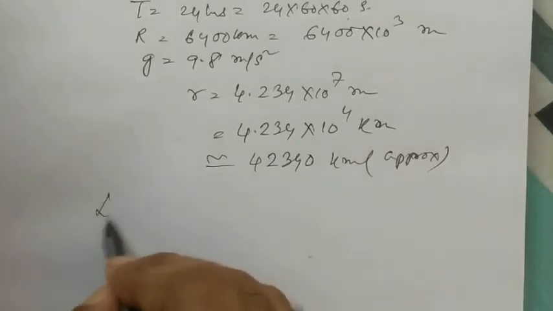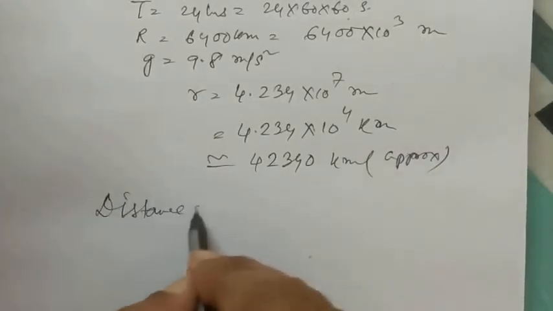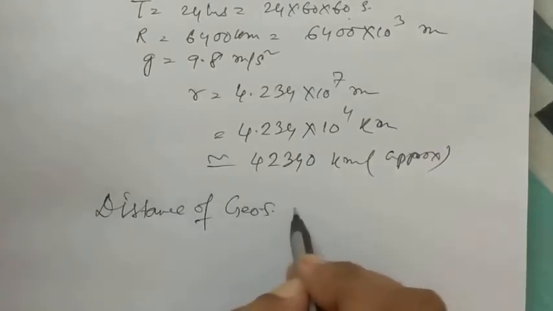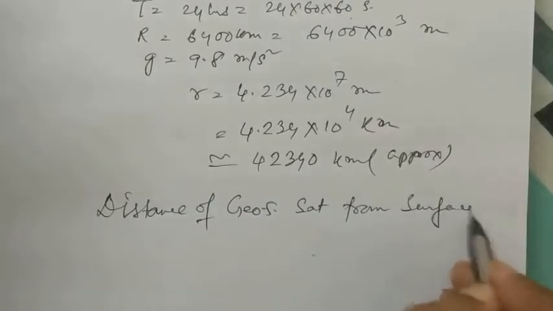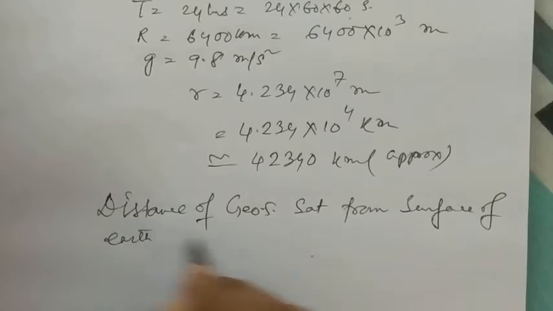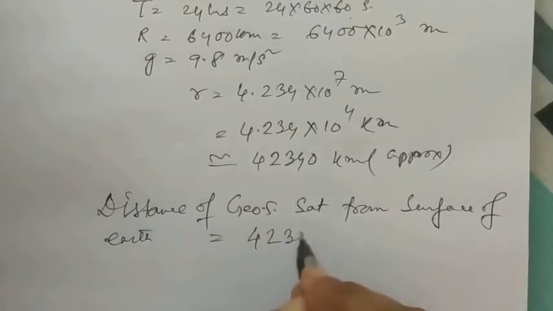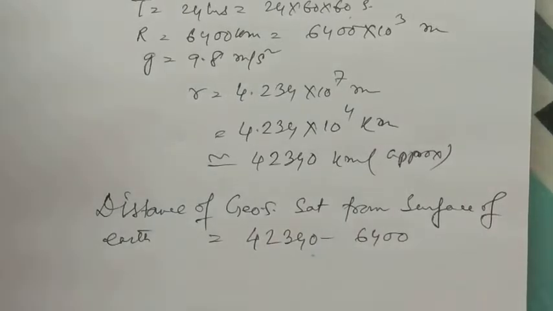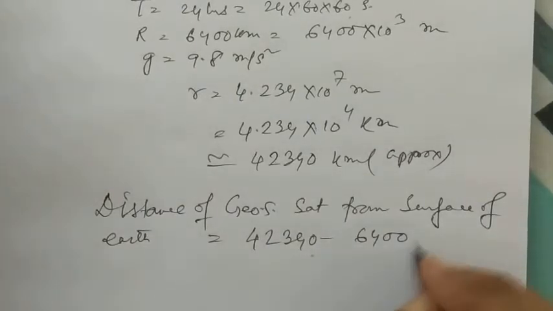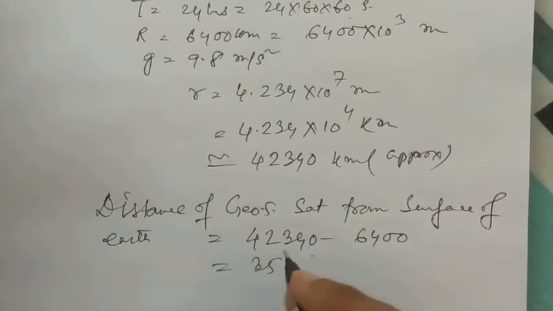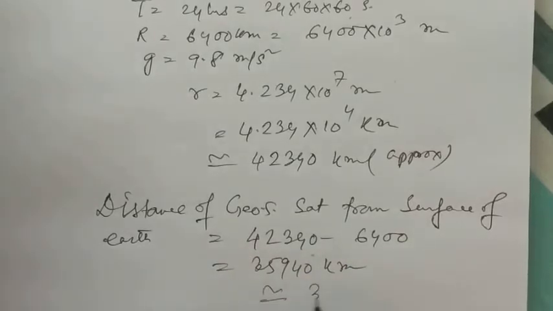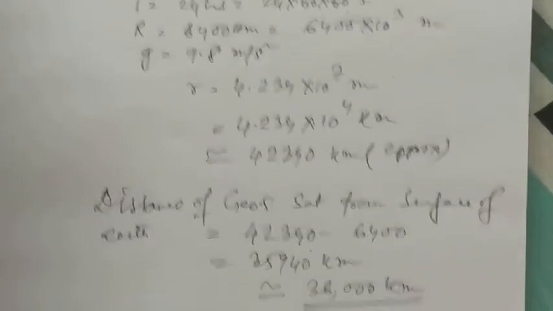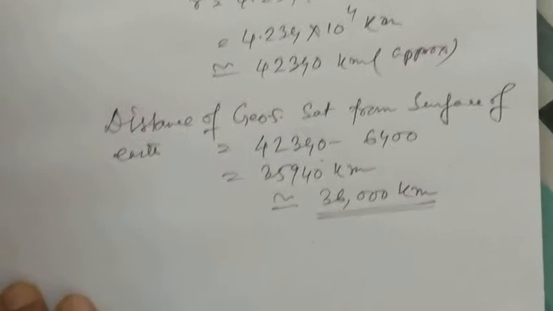Now what is the distance of the satellite from the surface of the earth? The distance of geostationary satellite from the surface of earth. So we have to subtract the radius from this, that is, we know that is 6400 kilometers. Now this comes out to be somewhat 35940 kilometers. So approximately we can take it to be 36,000 kilometers. So this is the approx value for the distance or the height of the satellite from the surface of the